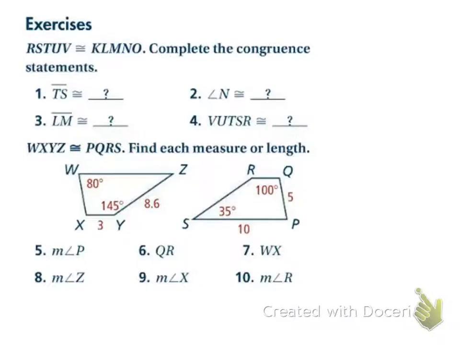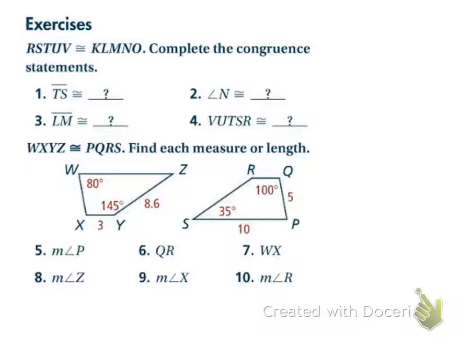This is the Math 2 Chapter 3 review from pages 195 to 192 in your book. We're just going to work through these 8 sections of problems that you find in the back. So, first up we have RSTUV congruent to KLMNO, and we need to complete our following statements, particularly looking at